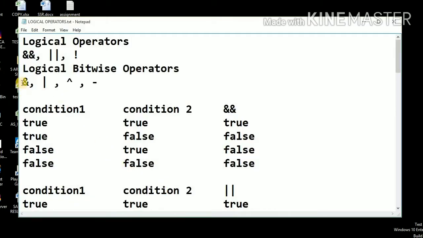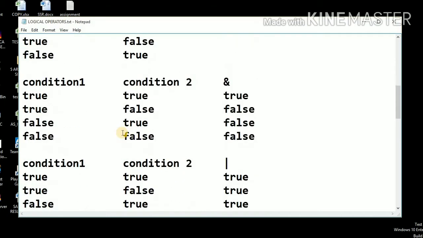Welcome to Tech Learners. Today we will discuss logical bitwise operators. These are four in number: bitwise AND, bitwise OR, bitwise exclusive OR and bitwise NOT operator. These are similar to the logical operators. Like the purpose of the AND operator is very much similar to the logical AND. Similarly, the bitwise OR is very much similar to the logical OR operator, and so on. The difference is that in the bitwise operator, the operator operates bitwise.